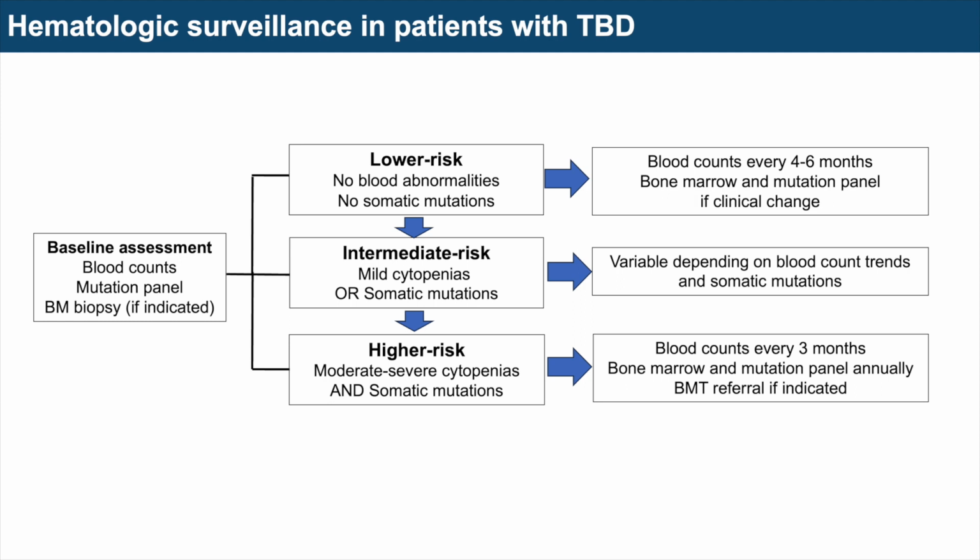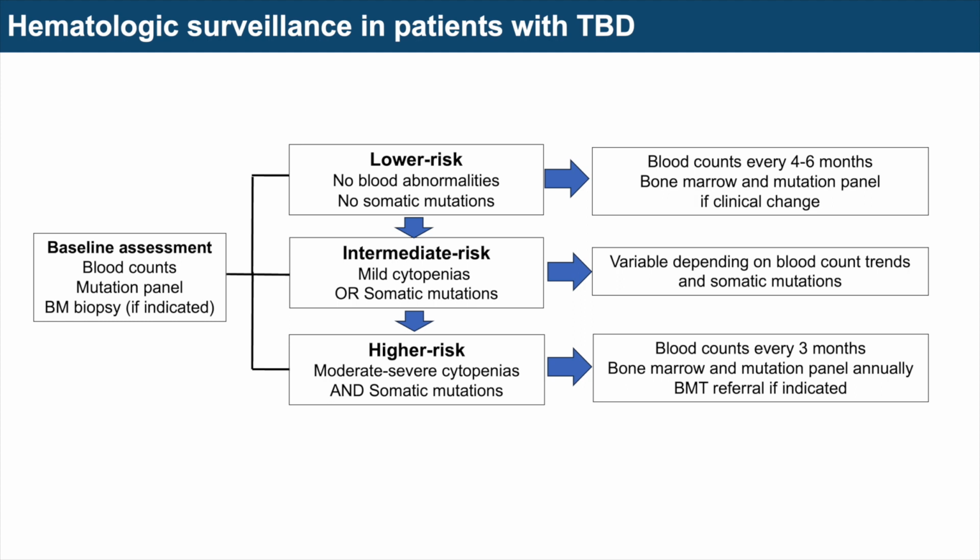And so I think of patients really in three buckets, at least initially. I think of patients that have a completely normal blood count, meaning that they get their CBC checked, their red cells are not enlarged, all of their blood counts are in the normal ranges. And we do an NGS sequencing panel, and we don't detect, thankfully, any mutations. So for these patients, in general, what I do is I check their blood counts several times a year, about every 4 to 6 months, and then if there's a clinical change in their blood counts or some other indication, that would prompt me to do an additional bone marrow biopsy and molecular assessment.